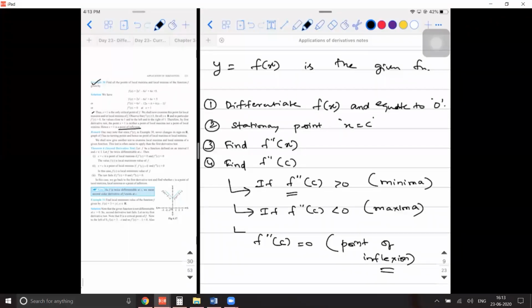So throughout this chapter, we are going to follow only the second derivative test unless and until it is mentioned in the problem saying that you have to follow the first derivative test. But till you get used to it, I suggest you practice the first derivative test as well, because if it comes in the exam, you should not miss it.